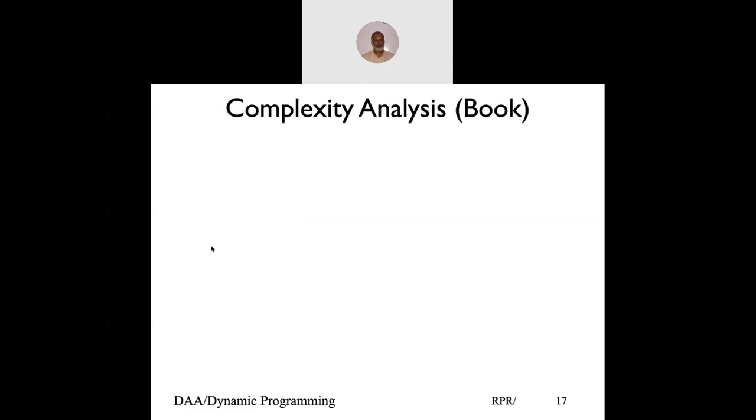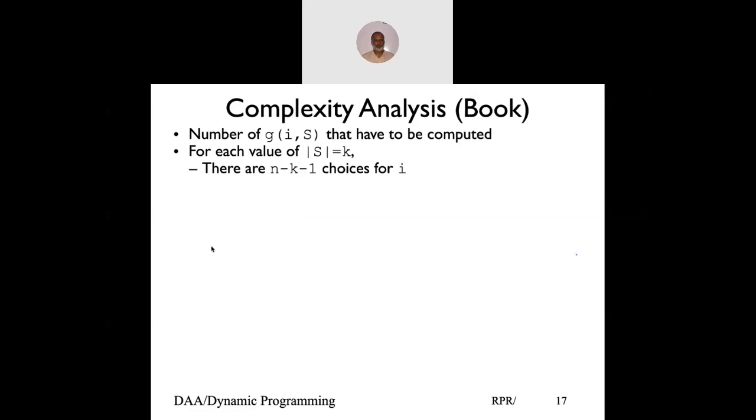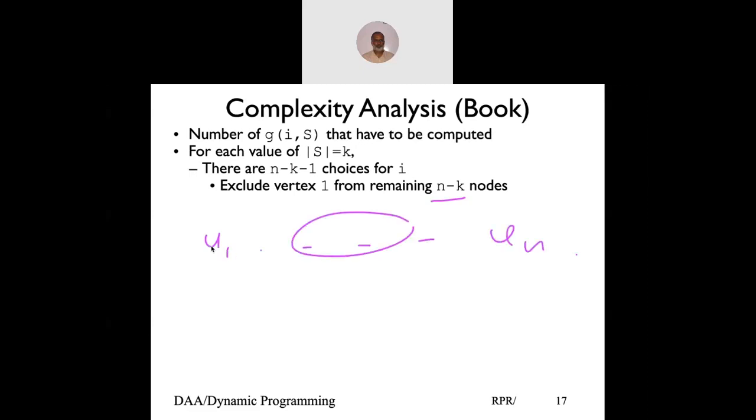Now, how do you find time complexity? There are two ways to look at it. One is given in the book. Now look, for each value of set size k, when I have chosen my k elements, my number of remaining vertices is n minus k nodes. So let's have vertex 1, vertex 2, up to vertex n, and I've chosen some k vertices. So remaining vertices is n minus k. Now vertex 1, we don't start from, we already taken out. So I am left with n minus k minus 1 vertices. So let me repeat again.